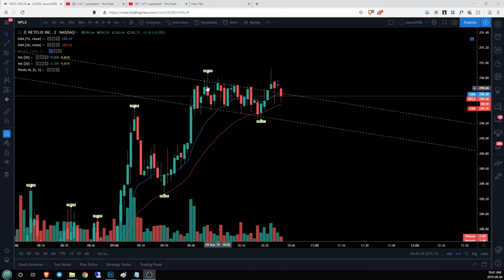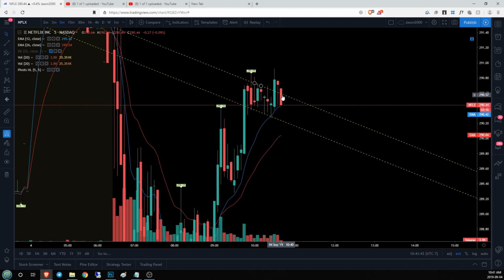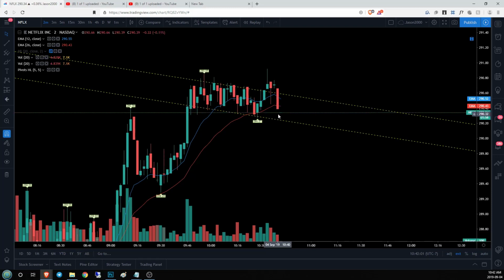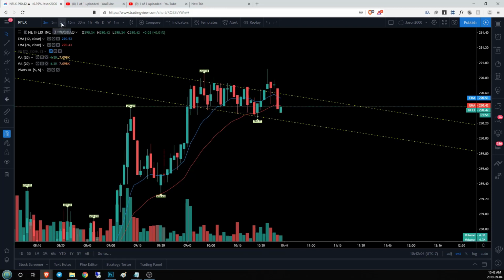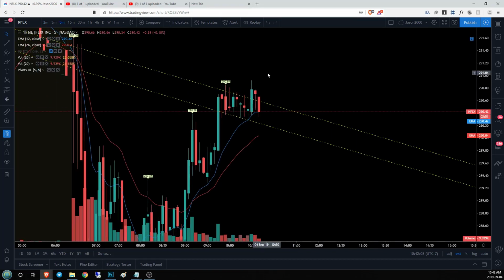I also want to note that while we're looking at the 2-minute here, we're using the 5-minute time frame, so we still have to wait for the close of this candle to get above this level. And it looks like we're bouncing off of our EMA 12 on the 5, which is going to be very close to our EMA 26 on the 2. So we need to see if bears are going to exhaust themselves on this attempt. If they use all of their energy to push the price down, and this is as far as they get, and bulls are able to respond and get back above on the 5-minute time frame, that will add a lot of momentum to the upside because bulls have control.